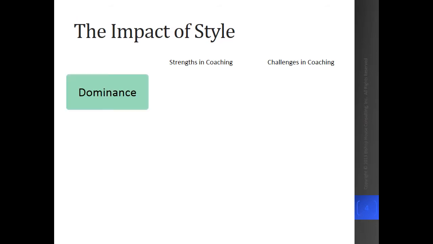So starting with the dominant style, our dominant style has a great strength in being fairly visionary. It likes to take a high-level look. It likes to look ahead and see what's coming. It offers a lot of challenges to people. It likes to be challenged and likes to make things happen and make things happen quickly. So oftentimes willing to take risks and encouraging people to take risks and not being concerned with mistakes that are made if we can quickly move on from them. Sees mistakes more as a learning opportunity.